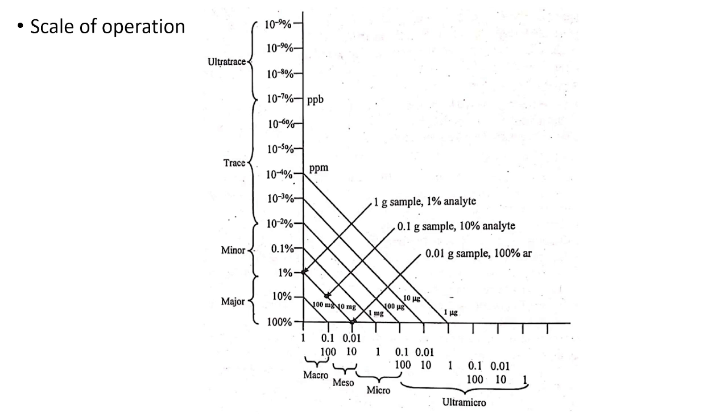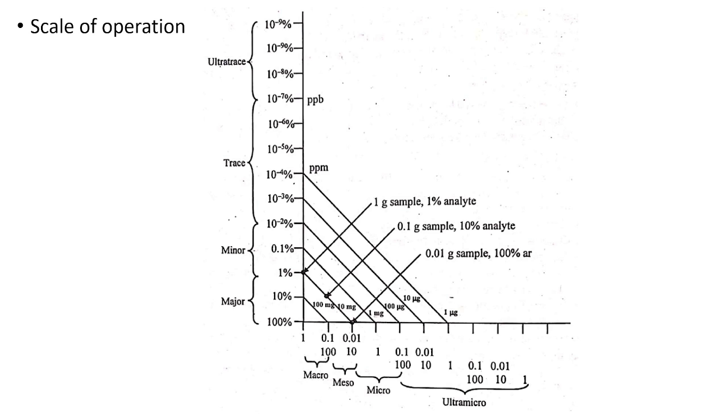So if the method requires a sample of 1 ml, then the upper limit on the amount of analyte that can be handled is 1 microgram. From the figure, one can see that for 1 microgram of analyte, following the diagonal line, a sample size of 10 microgram would be required. If the same analysis is to be carried out for major analytes, the ability to work with a small sample is required, or one has to dilute the original sample.